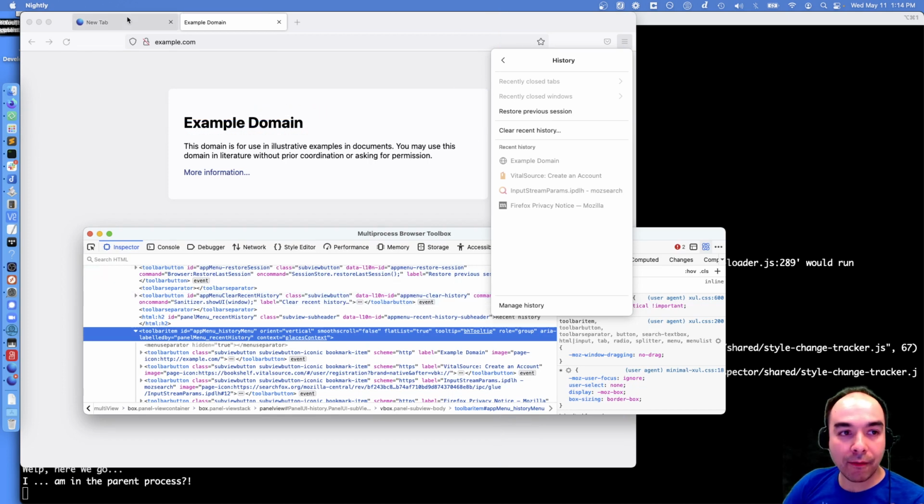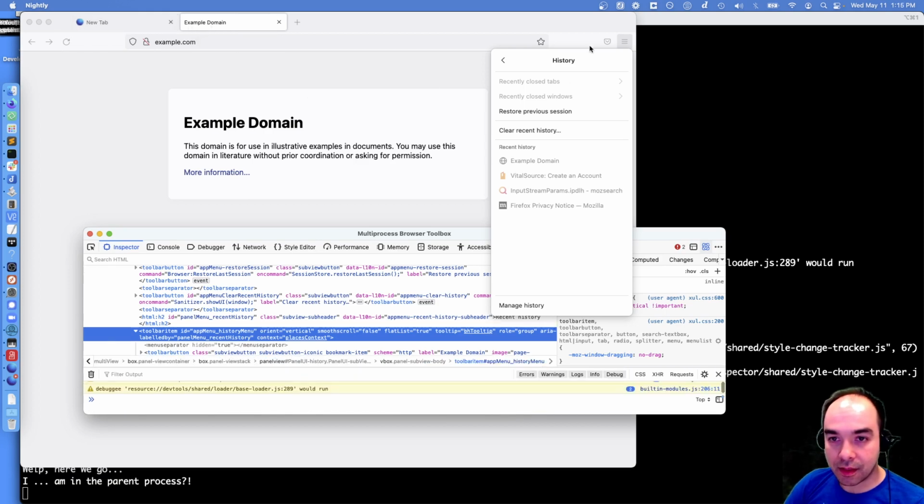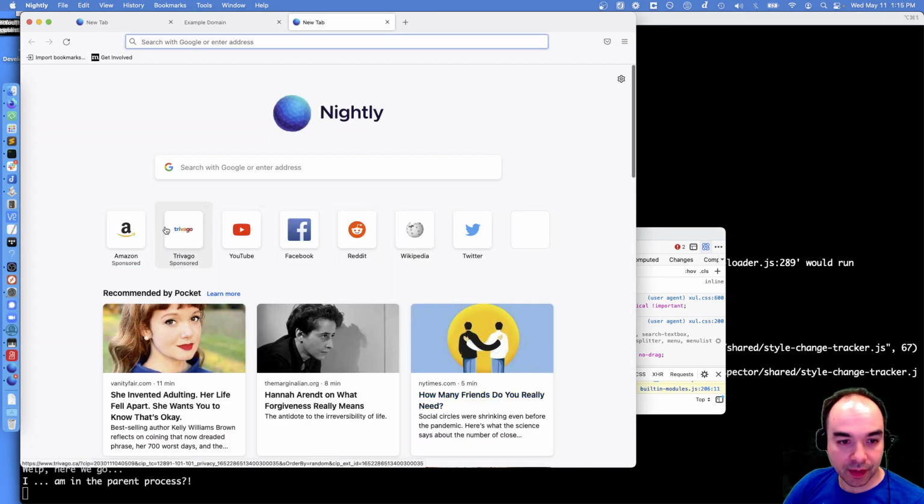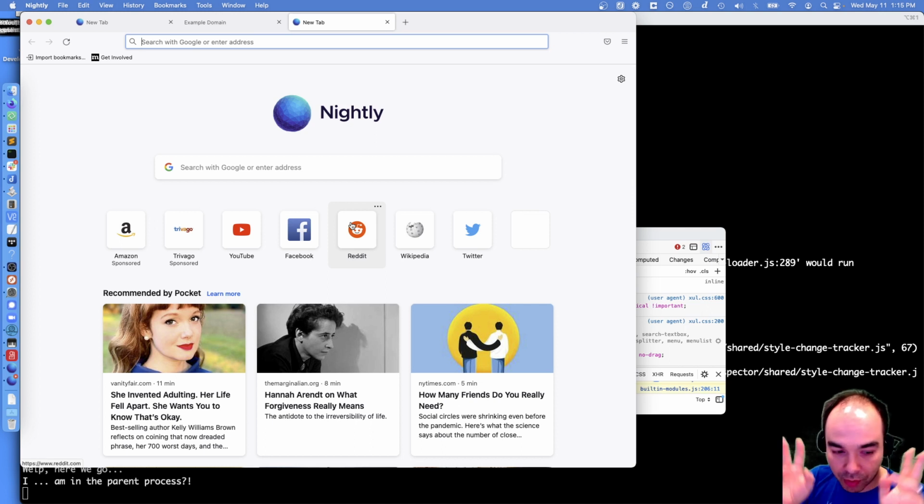Now, everything up here in this panel, everything up here in the tabs that uses favicons, is all running in the parent process. On the other hand, these favicons in here, some of which are high-res favicons, are running in a special content process called the privileged about content process.